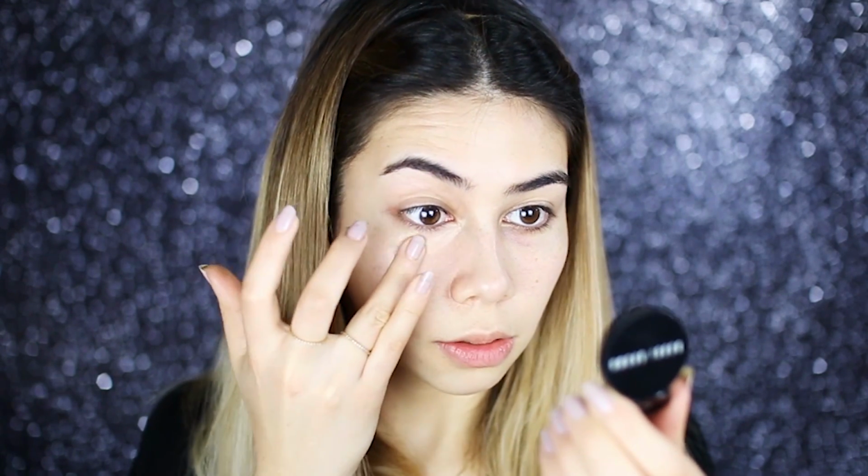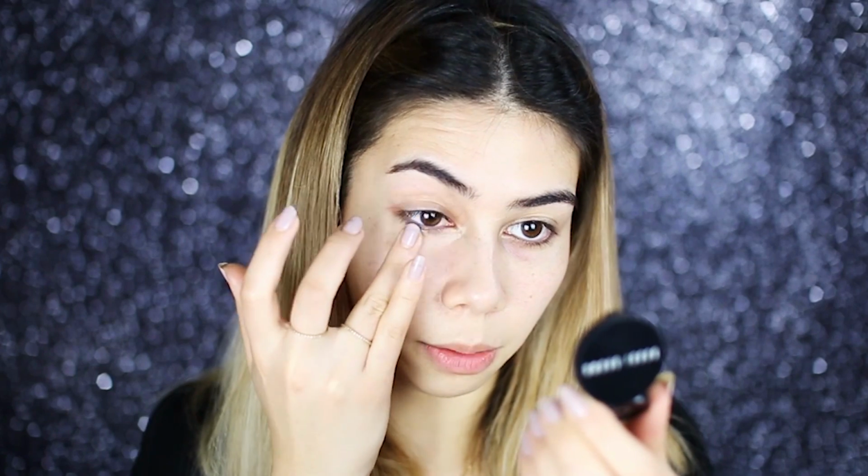I've been having super long days in uni, so we need to sort out these ridiculously dark eye bags. I'm going for something a little bit fuller coverage than what I wear day to day. So the Bobbi Brown Creamy Corrector in the shade Light Peach. Just taking a little bit of the excess off on the side of my hand. I'm going to be pretty liberal with this because I really want some decent coverage, and I'm putting this on